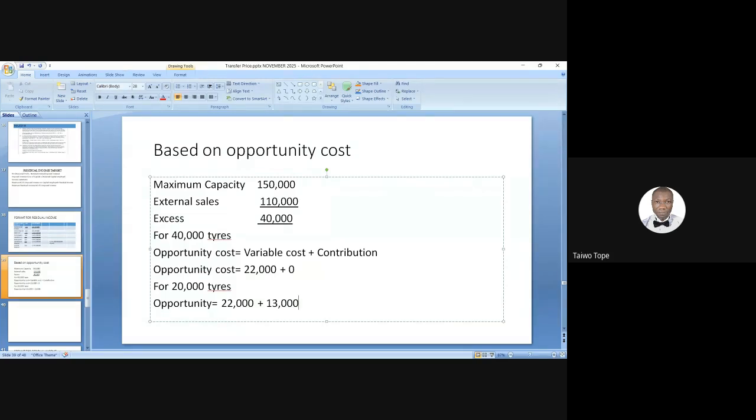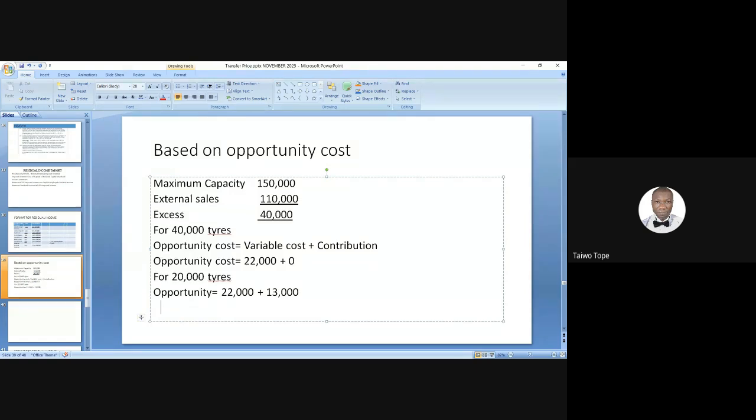When you add both, because if they are to sell 20,000 tires, if they are to forgo the profit, they will be losing what? 13,000. They will be sacrificing this 13,000, but getting what? 22,000. So the opportunity cost at this point will be the external